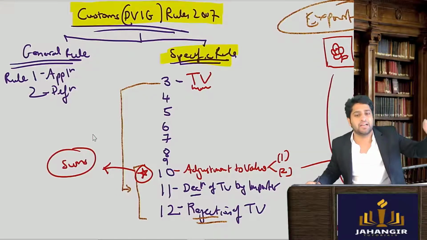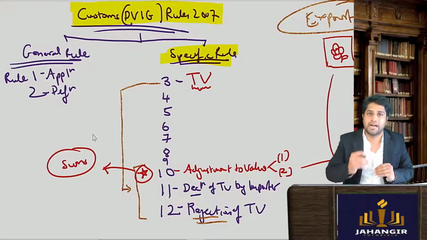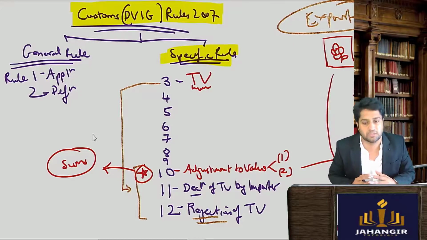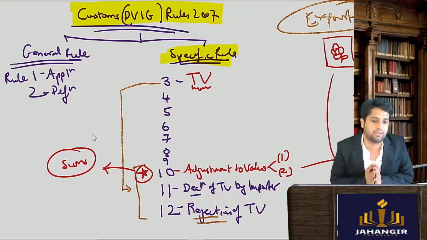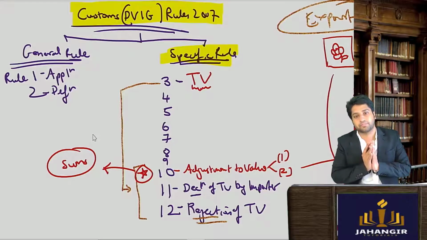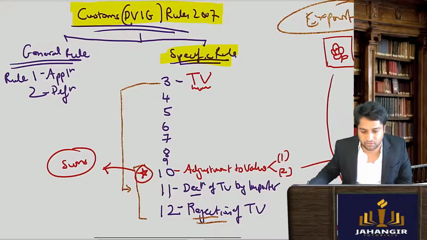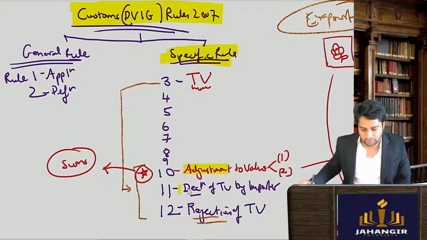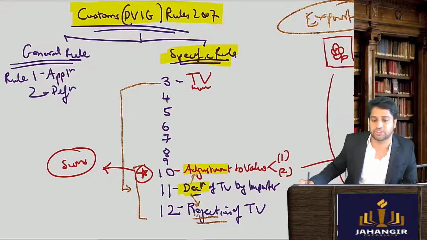This adjustment we need to do when we are doing the sums. We will see later on, but right now you have to understand that once your value is accepted, that time some adjustments will be done, some additions and deletions as per the customs law, and then the value is computed and on that value the duty will be levied. I hope till here it is clear. So once the declaration is accepted, we'll start doing the adjustments. If it is not accepted, then there will be a rejection.